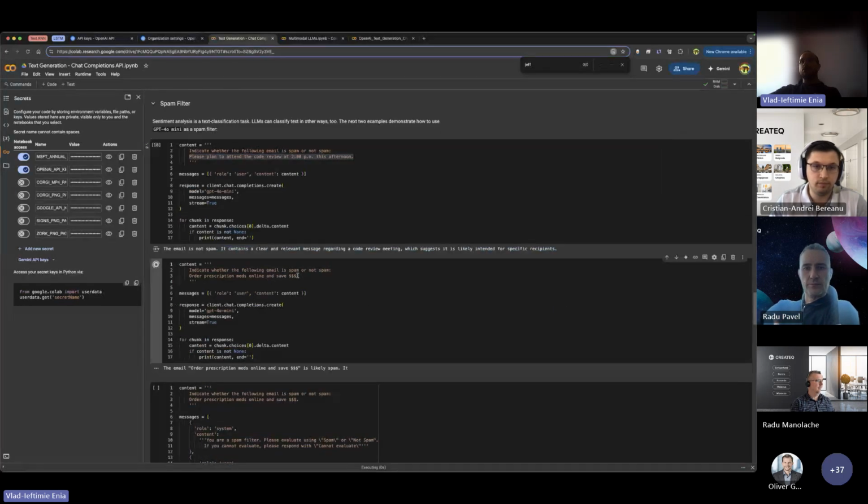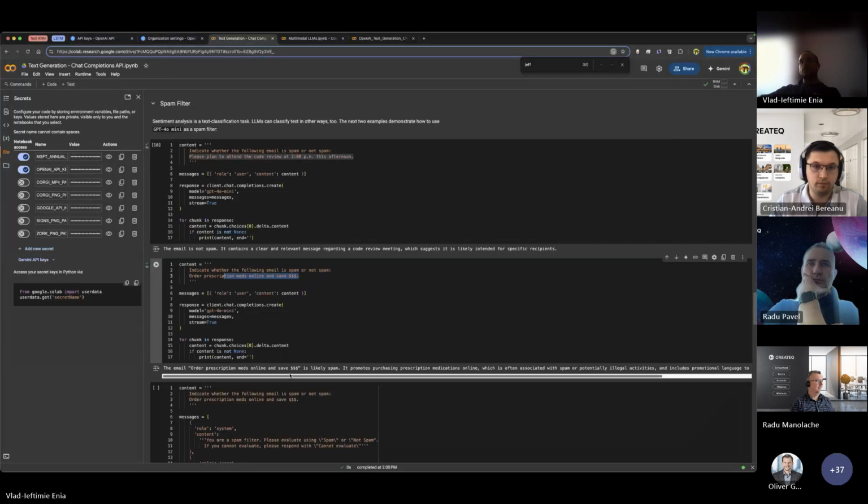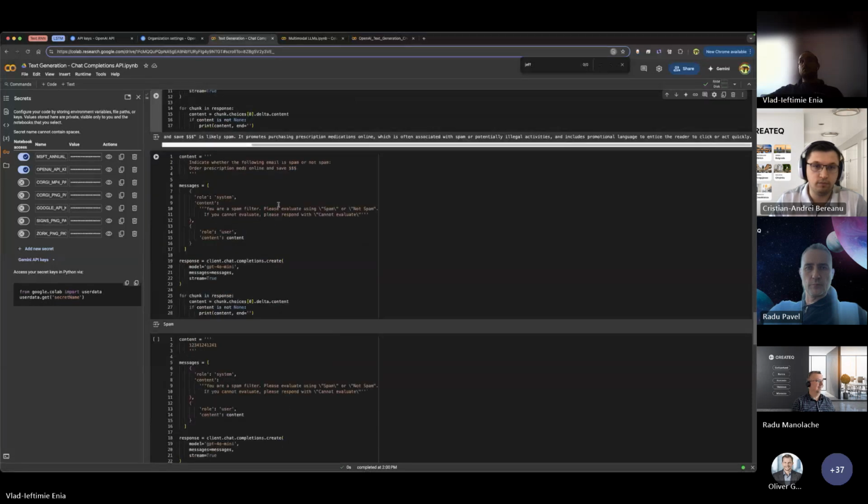This is a spam because it sounds like a spam, because it talks about buying medication online, which is mostly illegal, and promotional language like these dollar signs here. I also instructed here as a system prompt to be a spam filter and evaluating using spam or not spam, or if it cannot evaluate, just say cannot evaluate.